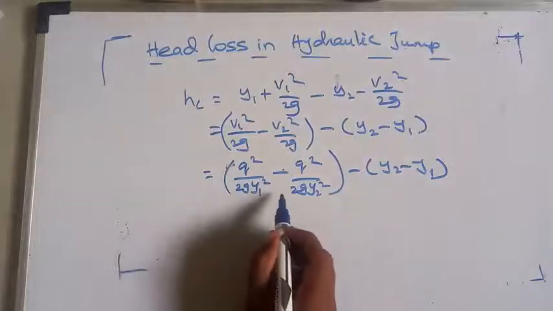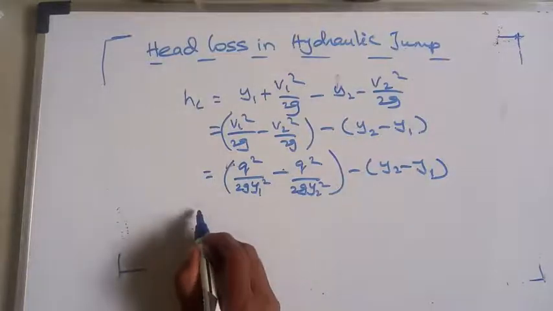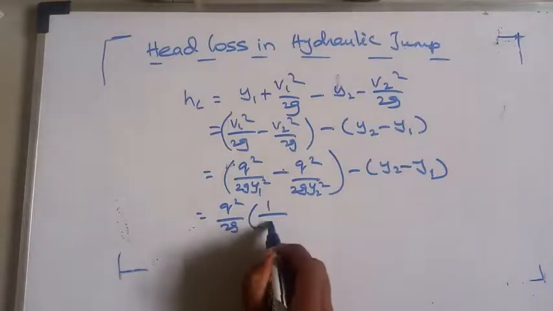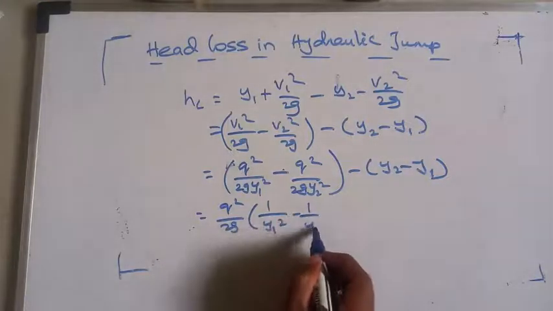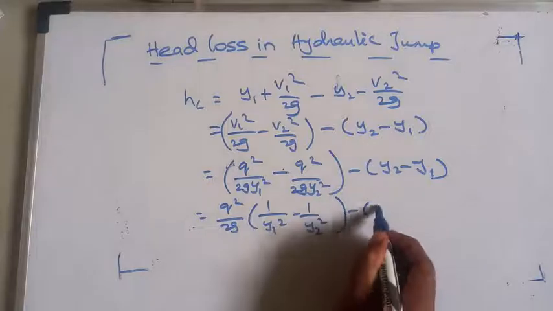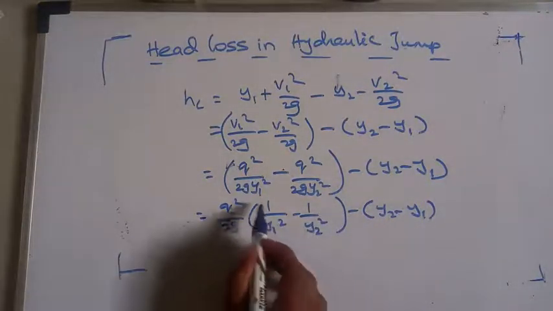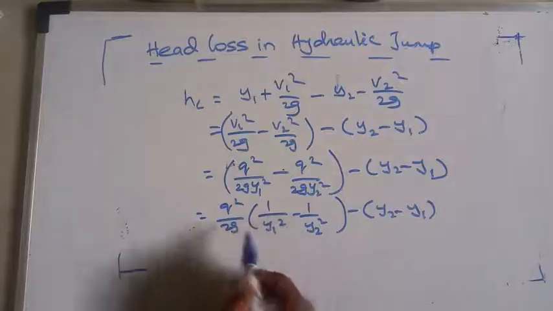If I take q square outside and 2g outside, then I will get 1 by y1 square minus 1 by y2 square, minus of y2 minus y1. Okay, if I simplify this,